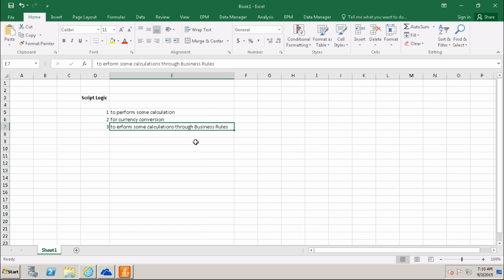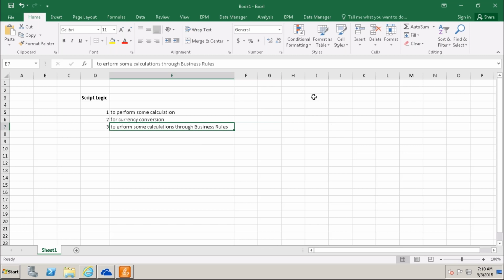Business rules are simple calculations that we can do, used to move the data, for example, to copy the data from closing balance to the opening balance. For that purpose, we will use the business rules.